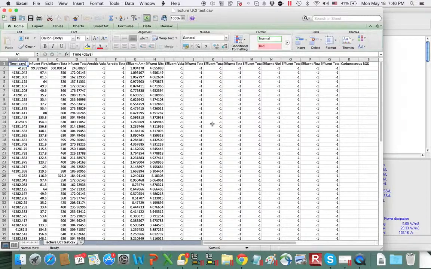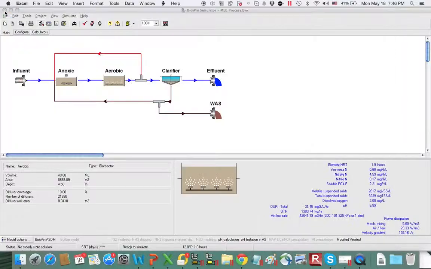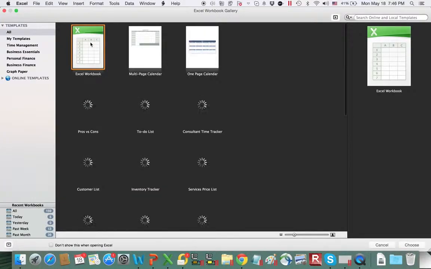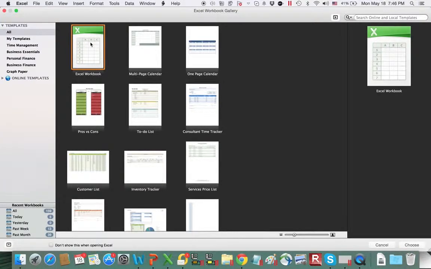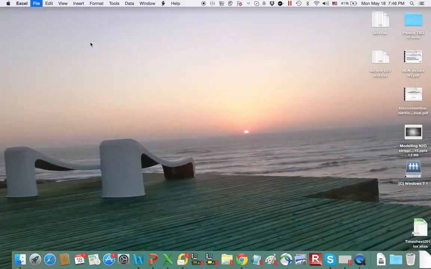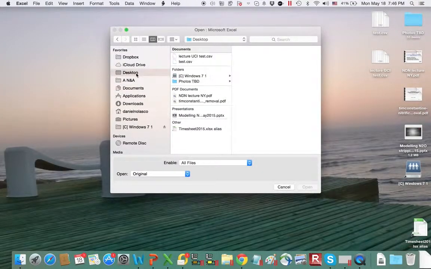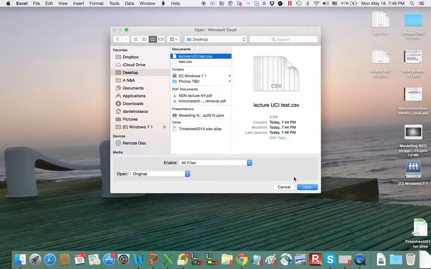And now it's interesting. I have some results that are negative. I'm going to try this again. I'm going to close it. I'm going to save this probably. I'm going to close BioWin, and I'm going to go again. Now open desktop, lecture,